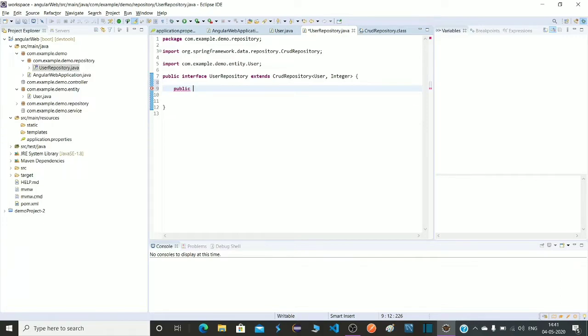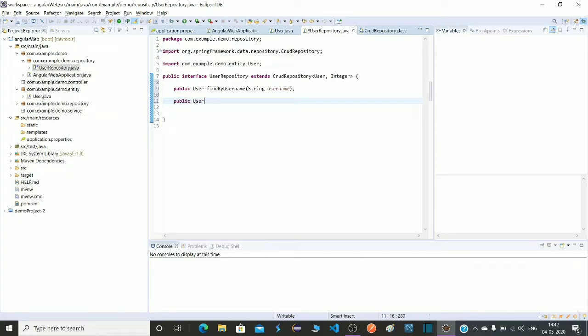For that we are going to create one abstract method here. The return type will be User. Here findBy ID, in the place of ID we have to write Username. So these are the changes we have to make here. It will take input username. Okay, it's done. Let's create one more method for the delete operation.